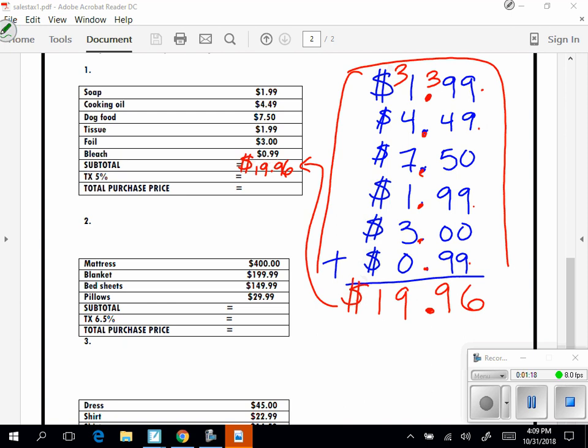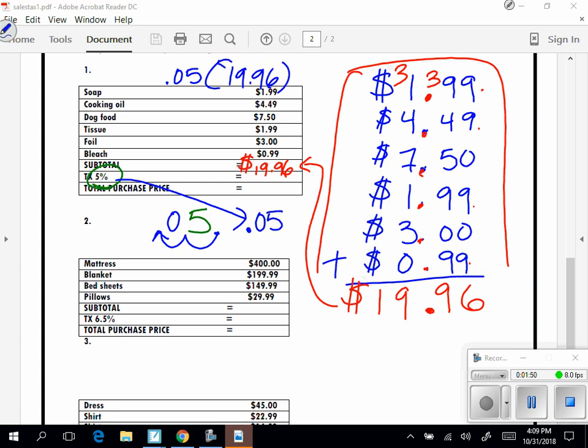From there, we're going to figure out the sales tax, and the sales tax is 5%. So I start by removing the percent symbol, and I move the decimal twice to the left. 5% is equivalent to 0.05. Now we need to ask ourselves, 5% of what? Because 5% or any percent is always going to be multiplied by something. This is 5% of our subtotal. So I take our 0.05 and multiply it by the $19.96. Go ahead and take your calculator and multiply 0.05 times $19.96, and we get